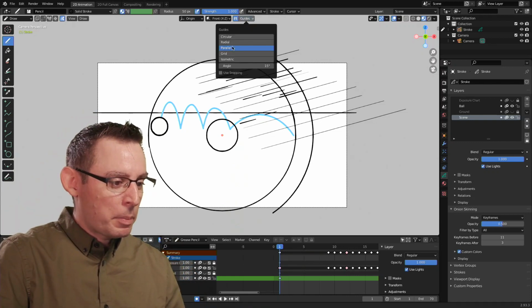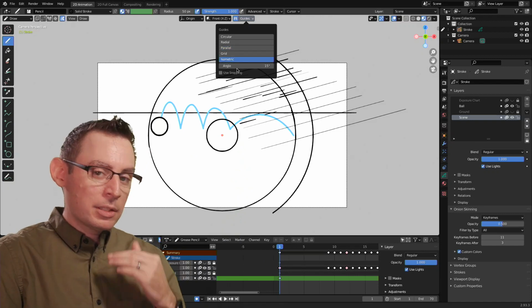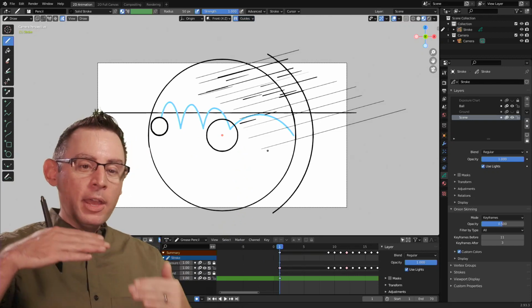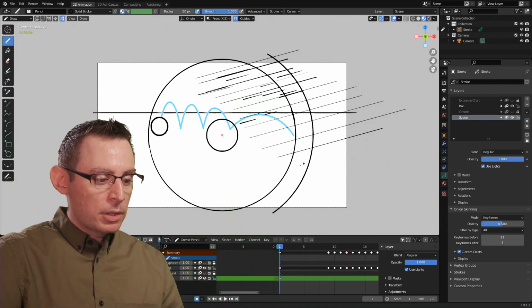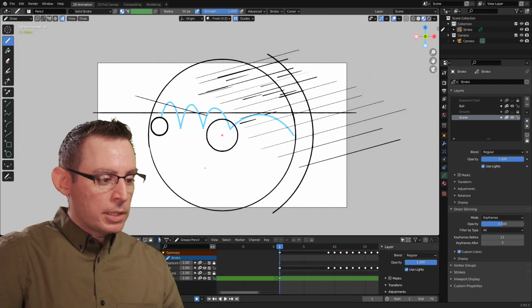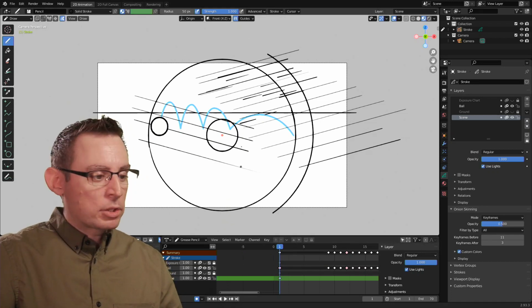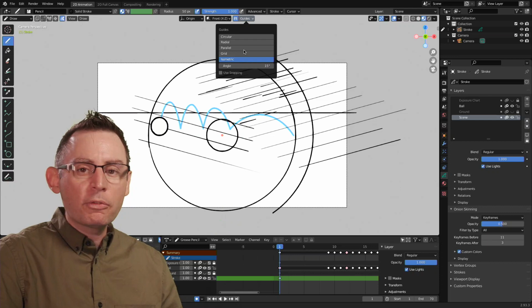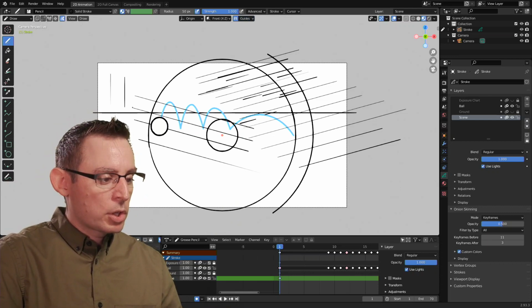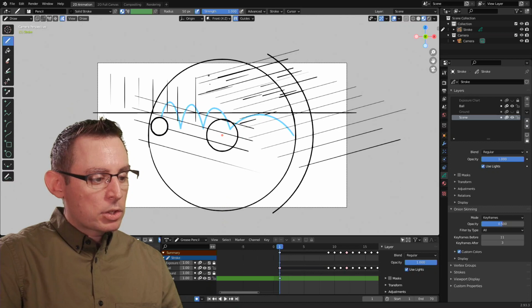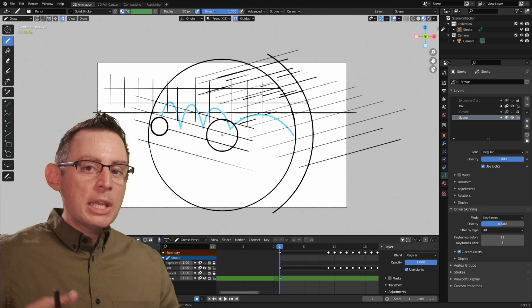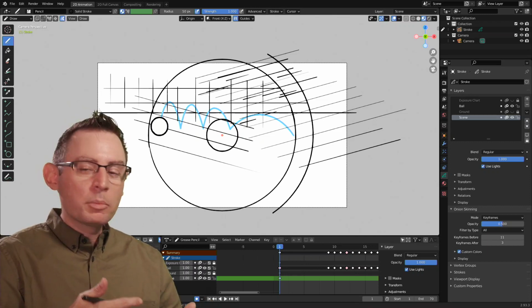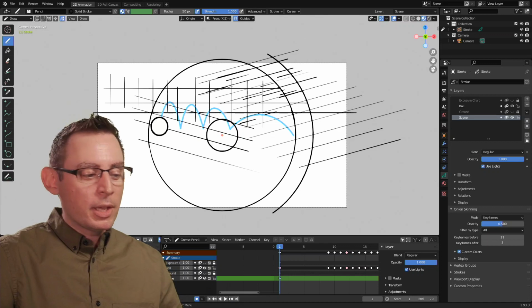Now the difference between parallel and isometric is subtle. It still uses this angle, but now we can have it be 15 degrees in both directions. So I can continue doing it this way, but check it out. Now if I do a downward stroke, I can do it that way. It allows us to very quickly block out some isometric lines. So it's pretty neat, just a different way of approaching the creation of our shapes. The grids I find incredibly useful, because now I can just create very quickly my own grid, both vertically and horizontally. So it's just a neat way of very quickly making some predefined stroke shapes inside of our Blender universe.